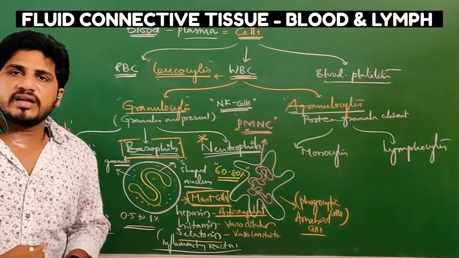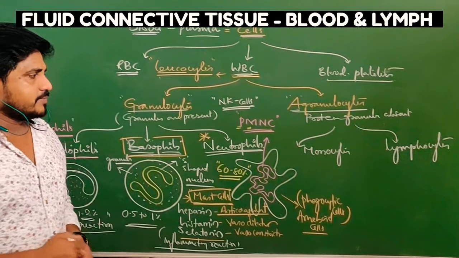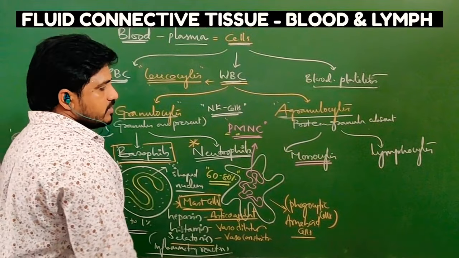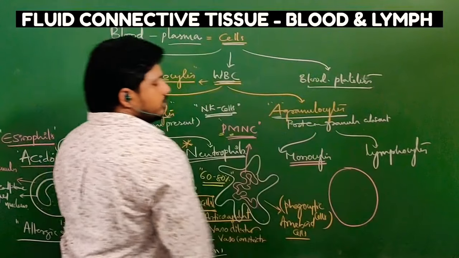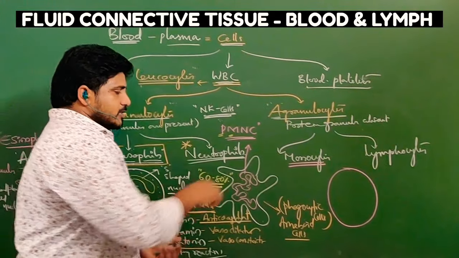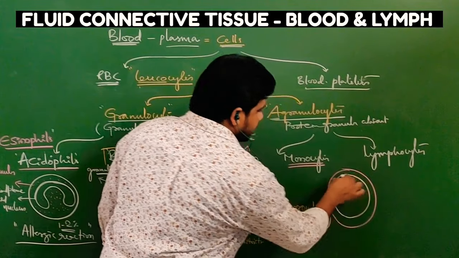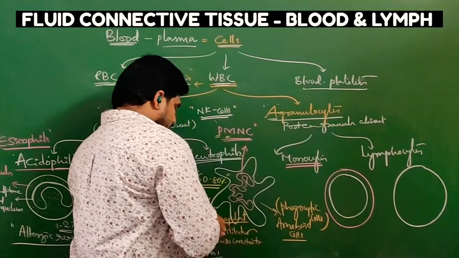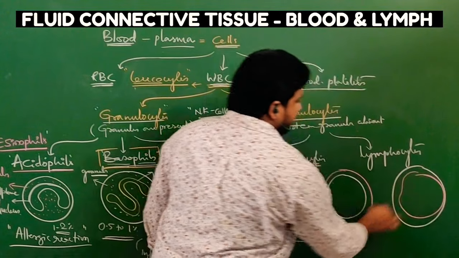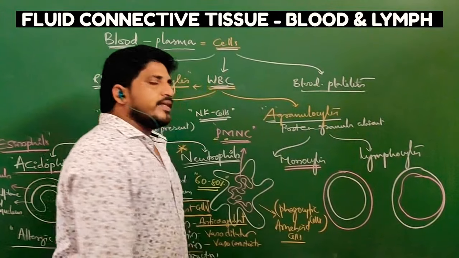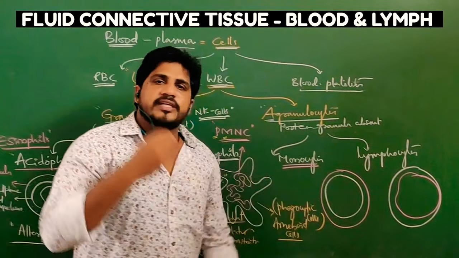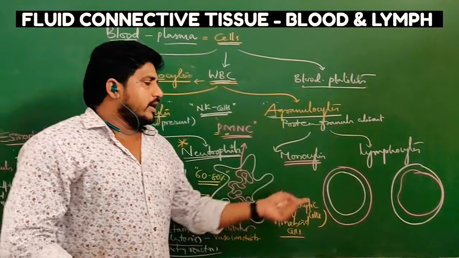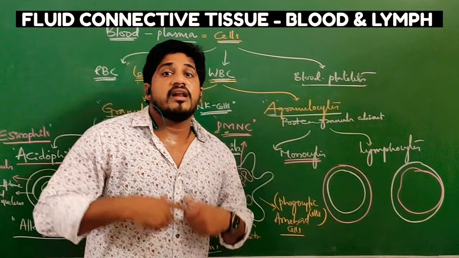So this is what about granulocytes. If you see agranulocytes, they are monocytes and lymphocytes. Monocytes do not have granules, so the entire space inside is occupied by a large nucleus. Lymphocytes are also the same. Lymphocytes are also very large, and their nucleus is also large, and a bit bean-shaped in the lymphocytes. In both monocytes and lymphocytes, granules are absent. Due to the absence of granules, the entire space inside is occupied by the largest nucleus.